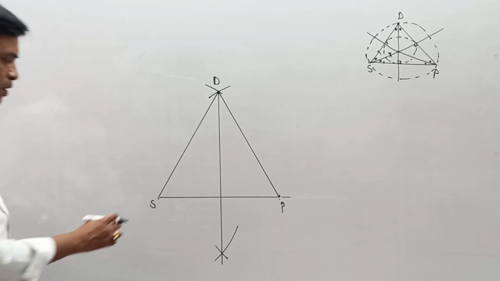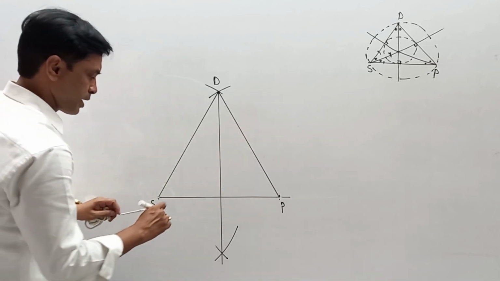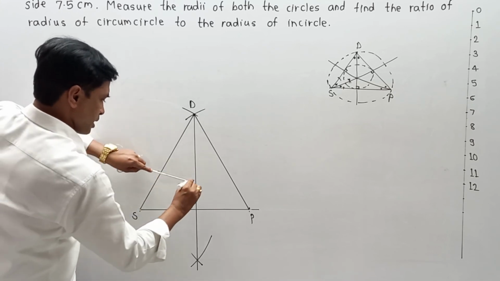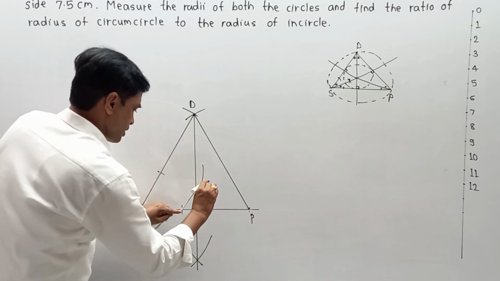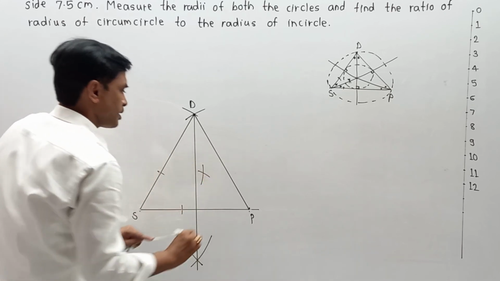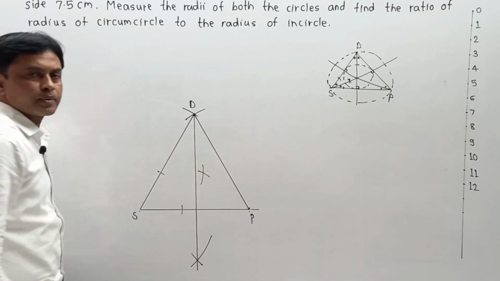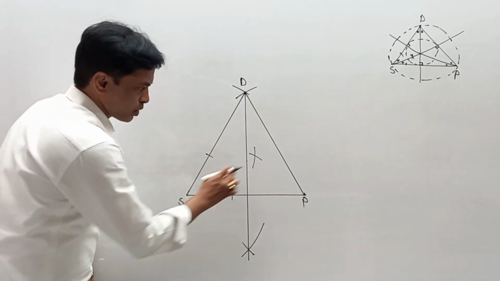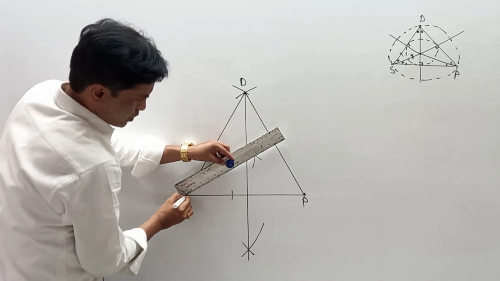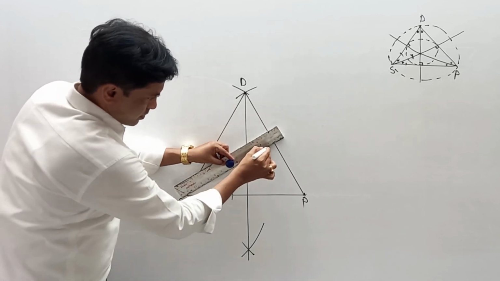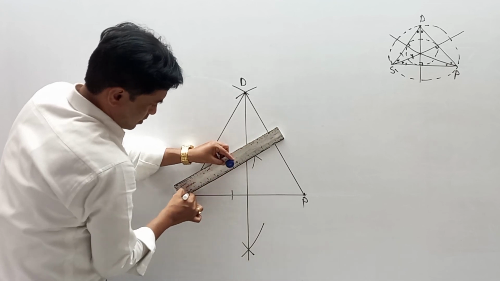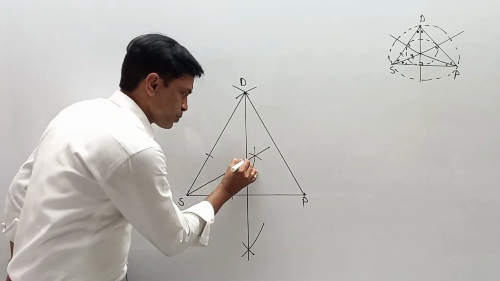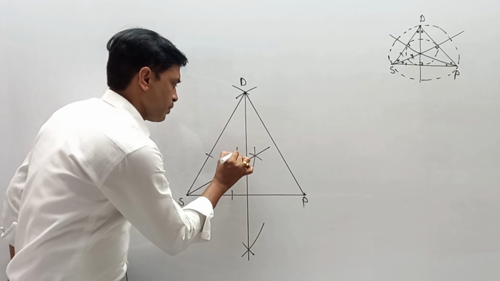Here I am going to take the help of angle S to draw its angle bisector. From S I am going to make a first arc, then a second arc keeping the same distance, and now we have to draw a line that passes from S and this mark over here. So the line is drawn, and now we are able to get a new point. I am going to call this point A over here.